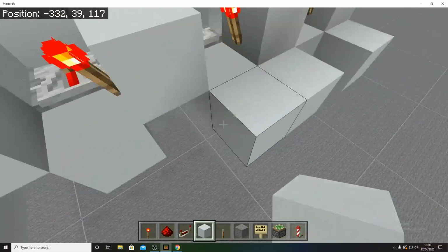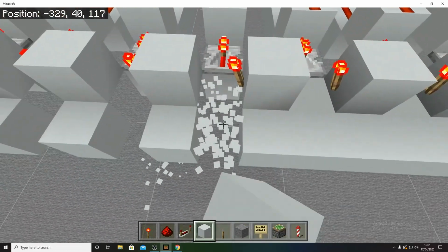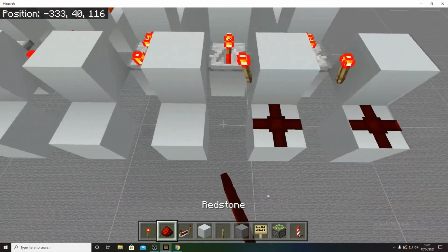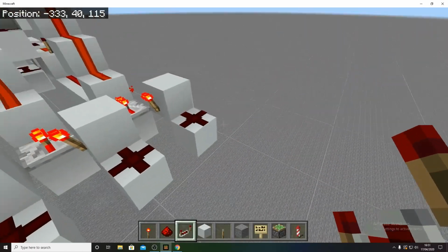So you know what, we'll make it easier if I just go along like this. And we're going to break these blocks just because we don't need them at the moment. So we're going to break all these blocks because we do not need them, and we're going to put a piece of redstone dust on here. So we've got this. Then